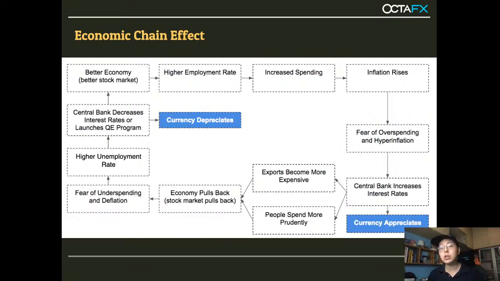So as an investor, you would want to put money in my bank, and therefore you need to buy or exchange my currency, right? So if there are a lot of investors who want to put money in my bank and they want to get hold of my currency, the demand for my currency will go up. When the demand for my currency goes up, my currency value also goes up. Okay, so that's the relationship. Hope you can understand that.